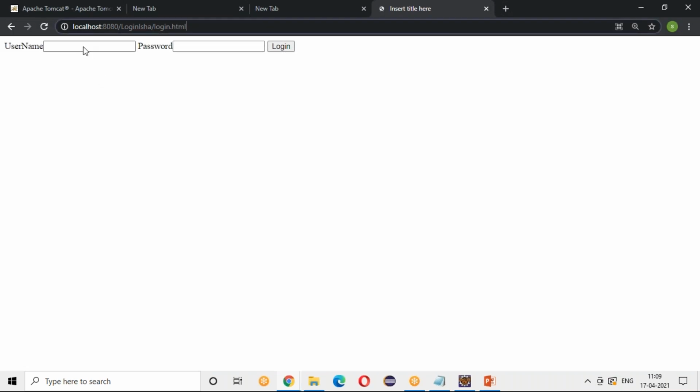So you see the same thing, the screen you got. I've run it in Chrome. Some password, it will say hello Ram. That's it.